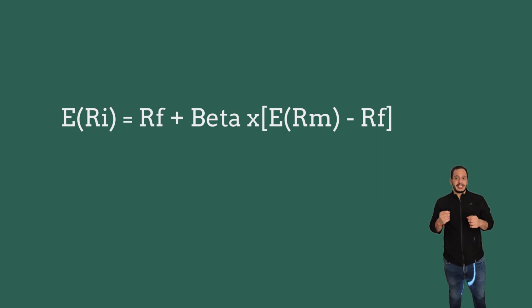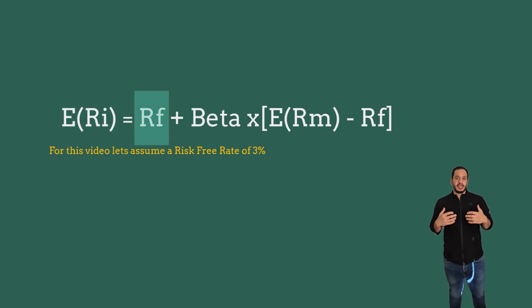The first item is the expected return, which is the number we want to get to. The second item is the risk-free rate. This is generally considered to be what short-term treasury bills return because they are very safe investments and extremely hard to default on their short-term payments. So this sets a floor to your expected return. In other words, you will not invest your money anywhere if the return is less than or equal to the